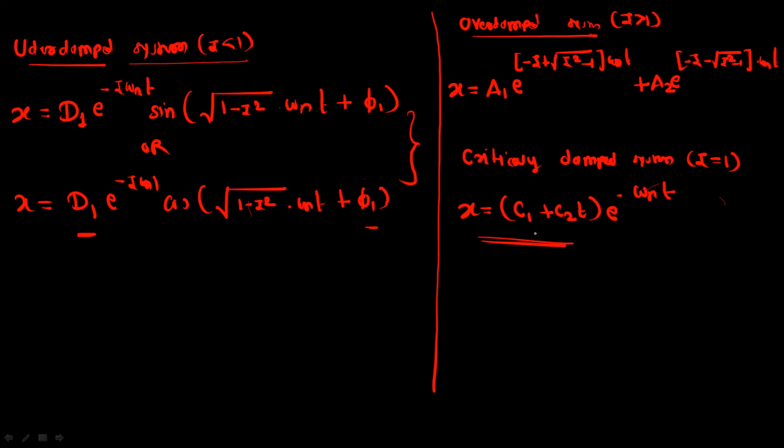So if we have the boundary conditions as x is equal to x0 at t equal to 0, and x dot equal to some value, let us take this value as 2 meter per second. That means initially we are giving some velocity at t equal to 0. If this condition is given, then we can use these standard equations.